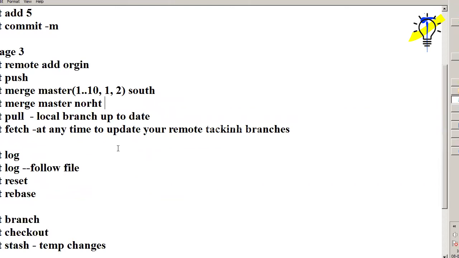But the thing is, we have created master, north, south. So there were 3 branches. I don't want to get the files merged with master. I want to get it as it is before, 3 branches as a result: master, north, south. Those 3 I have to get. Is that possible? You got my doubt? Yes, I got your doubt.